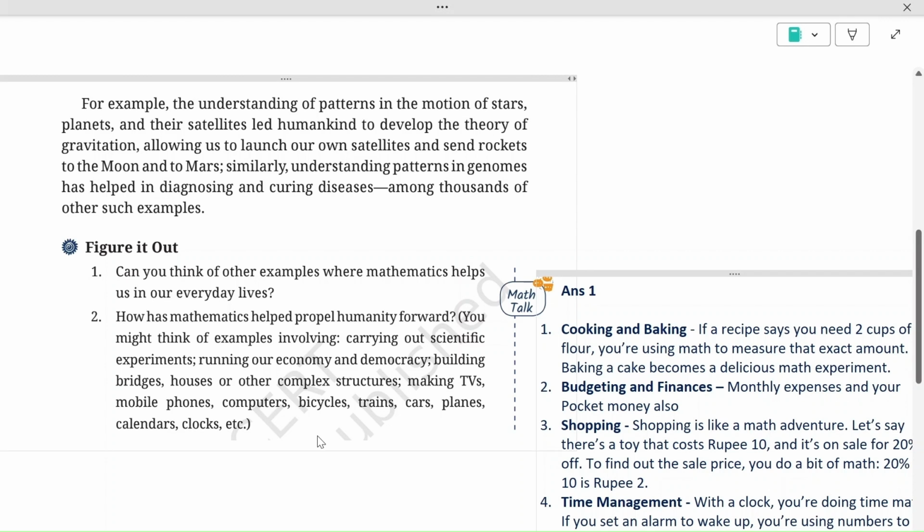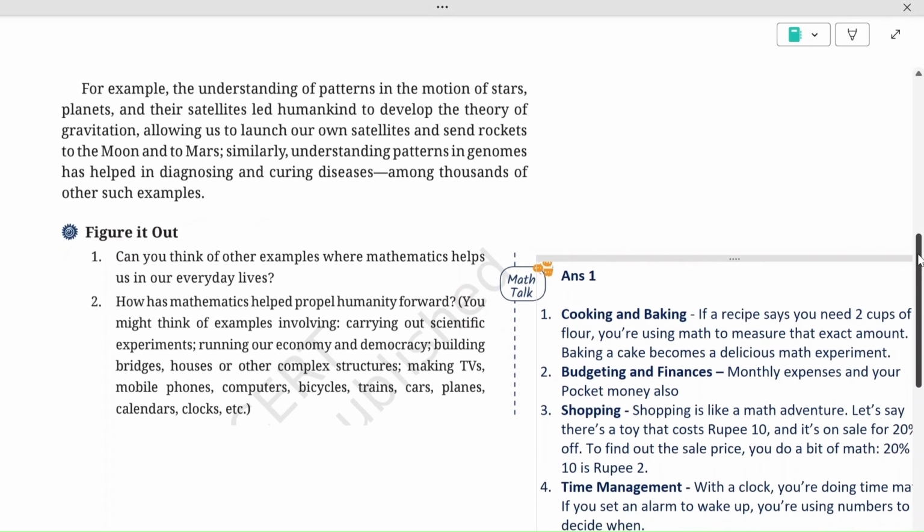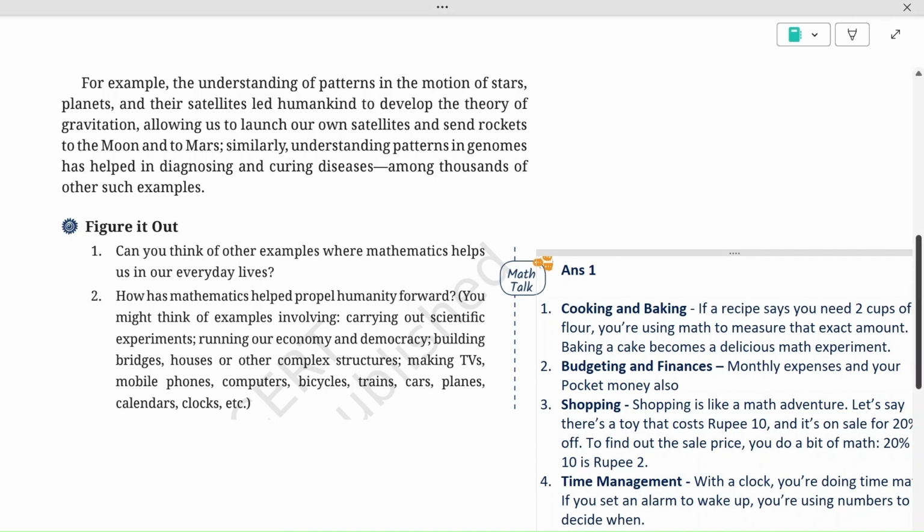Okay, so the next is the first exercise of this chapter. Exercise 1.1, figure it out. So the first question here is, can you think of other examples where mathematics helps us in our everyday lives? So what we have to do here is that from our daily life, we have to cite some examples where